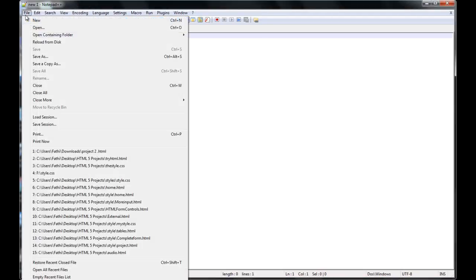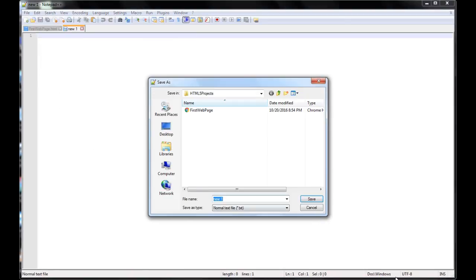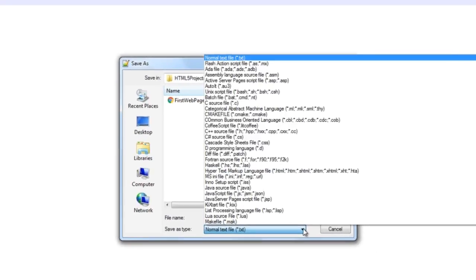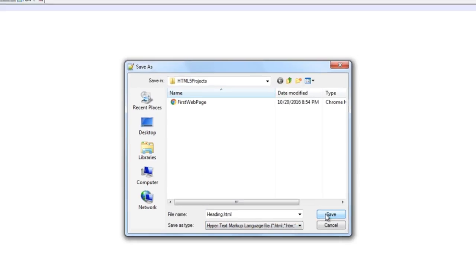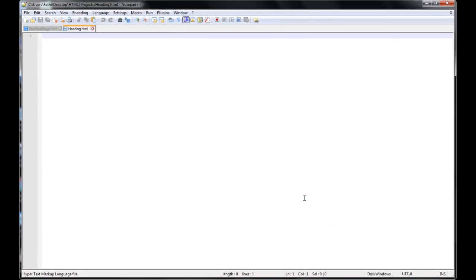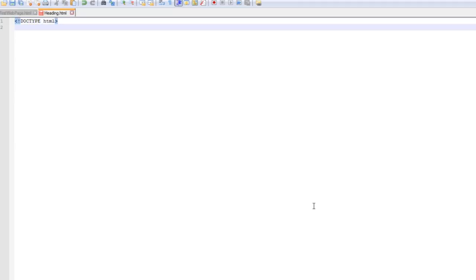then go to File, then Save As, and here I'm gonna give my document a name. So I'm gonna call it heading. Then I'm gonna give it an extension, and as we said last time, we are using the HTML extension, and I'm gonna click Save. Okay, now first thing I'm going to do is to declare the doctype, and I'm gonna say doctype HTML. The next thing is to start the HTML tag, close it,